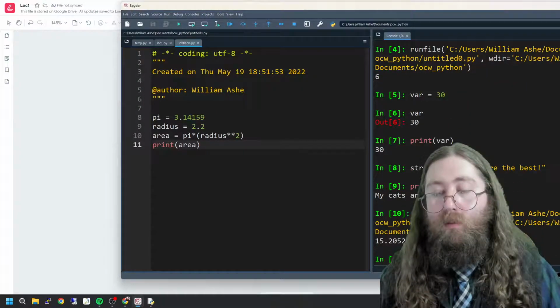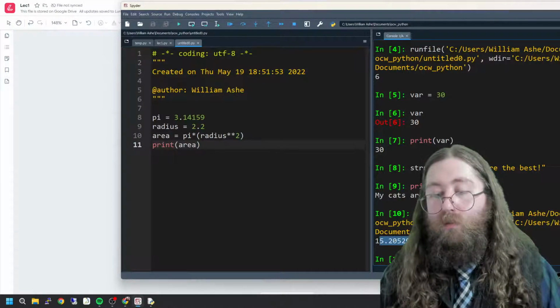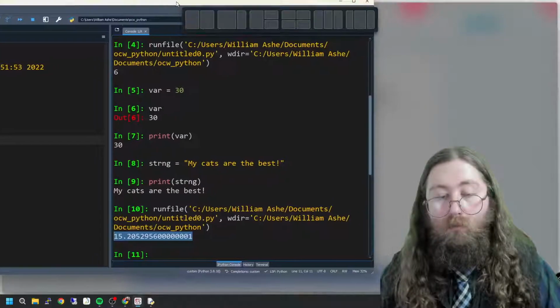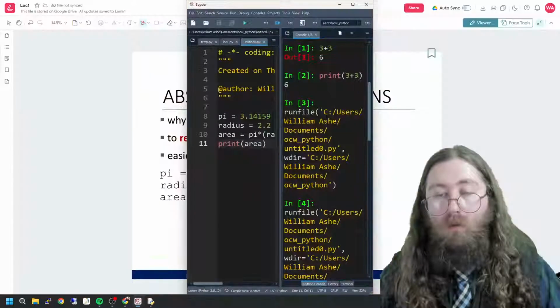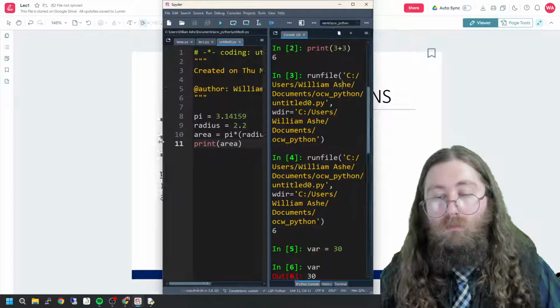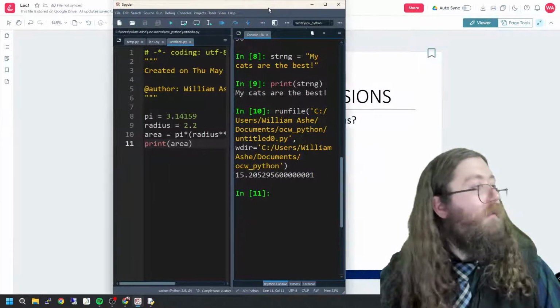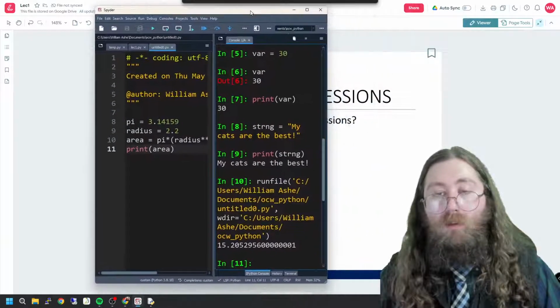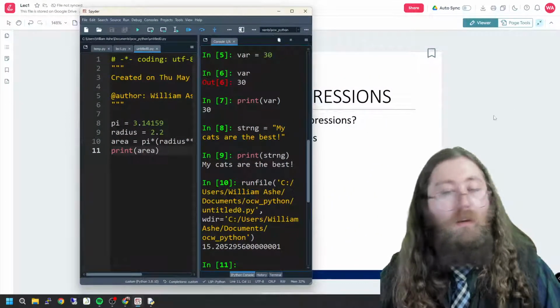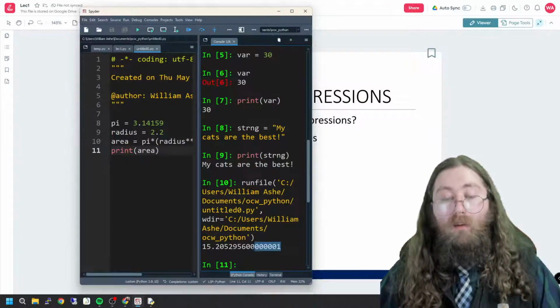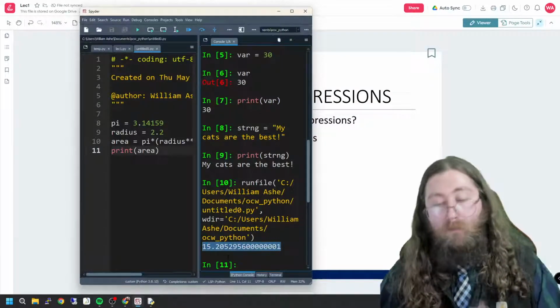So if I run this, here is my answer. I forgot, you guys are having my head block some of the screen. Okay, there it is. So we can see the area right here, okay?